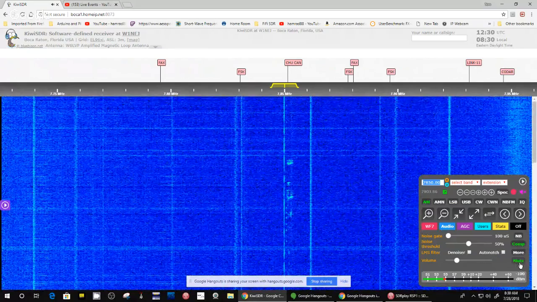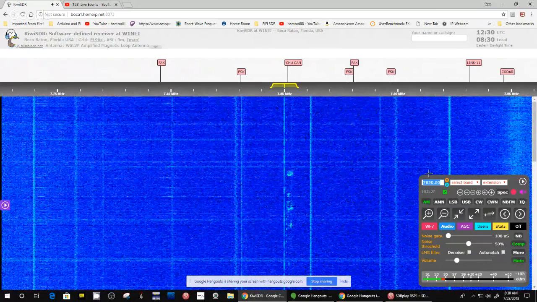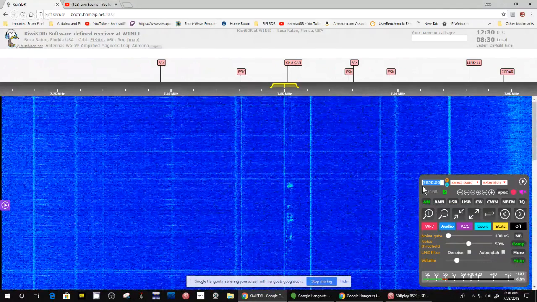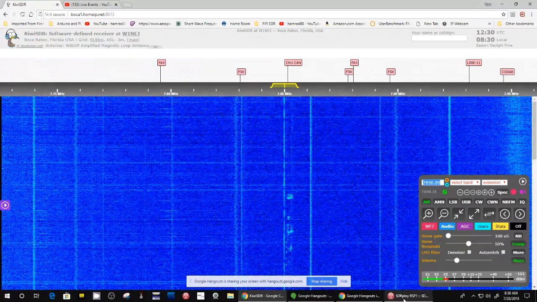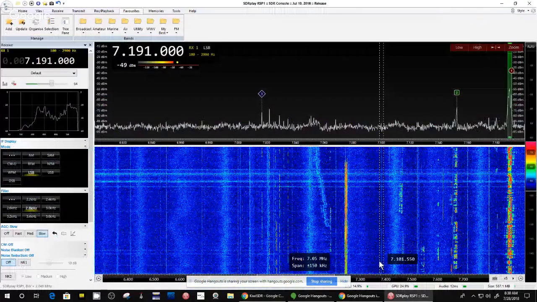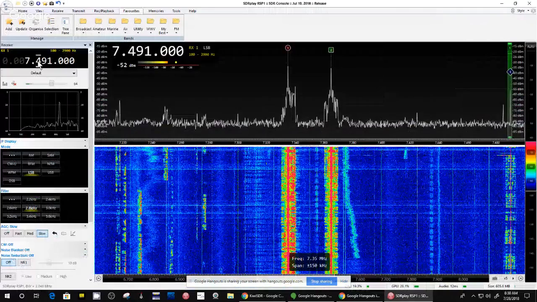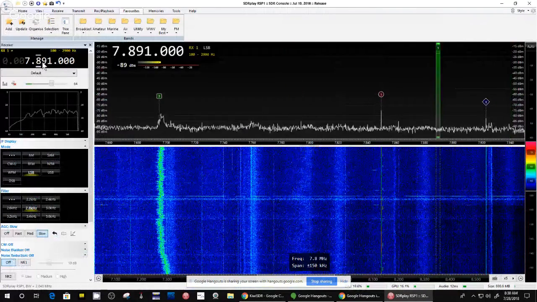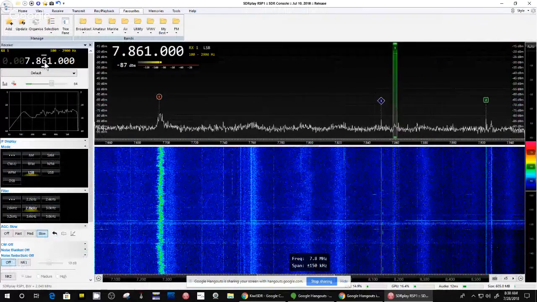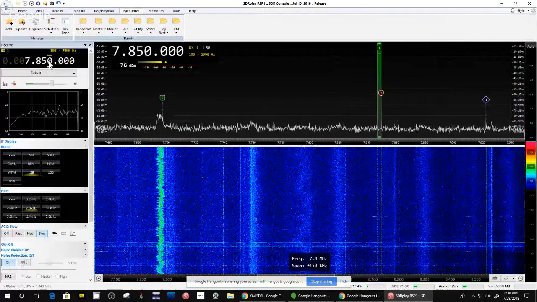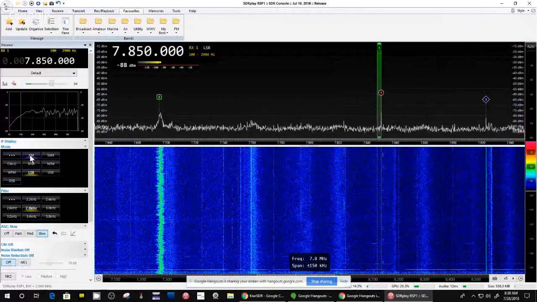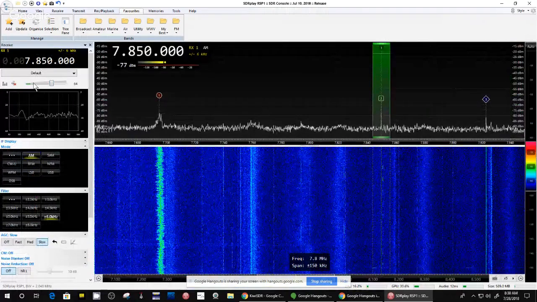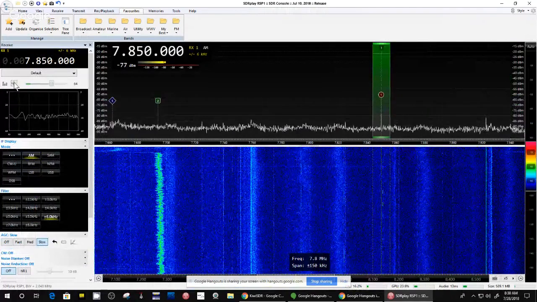Okay, it's there, pretty weak, and it's at 7850. So let's tune my radio to 7850, and we'll go to, I believe it's AM, and we'll unmute it.